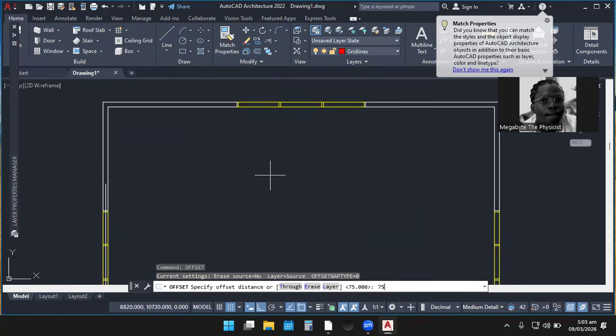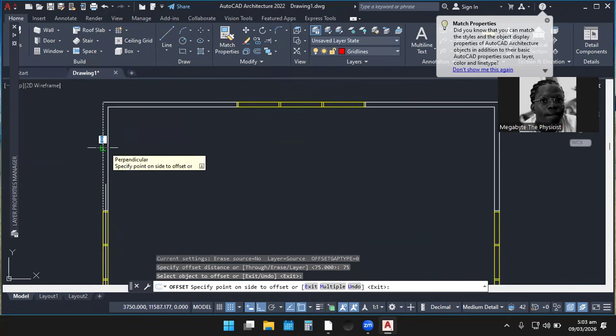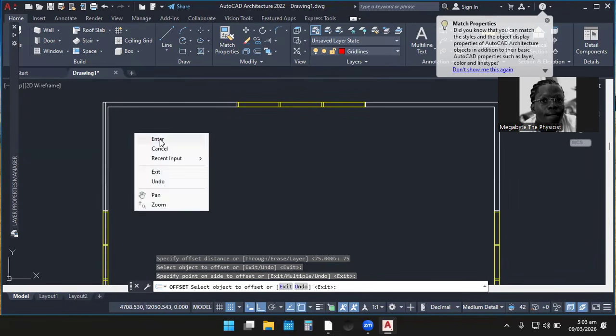75, enter. And then you offset this line inward. So at the end of the day, we can come and extend.